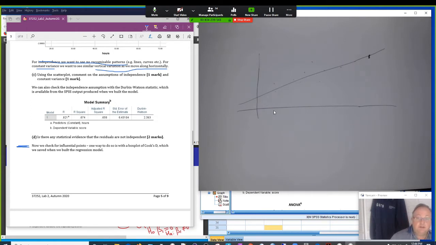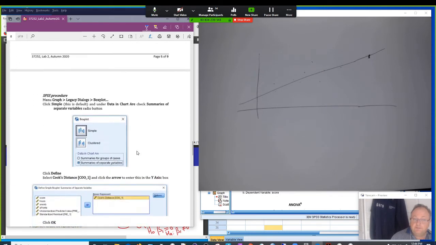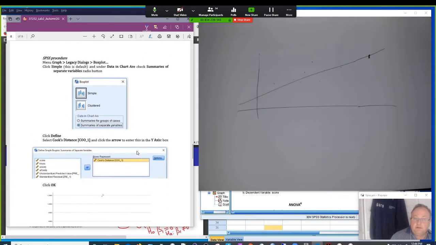So this is what Cook's distance is all about. It's about making a decision about one data point and then suggesting what the implications are for the model with or with that missing. All right, so how do we go about doing that? If we go back to our graph,